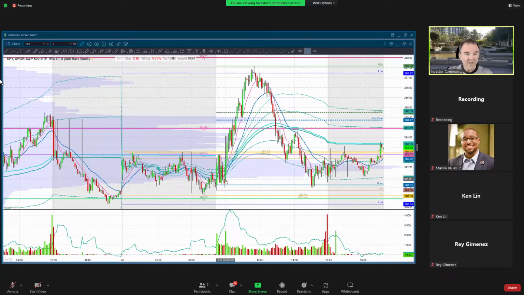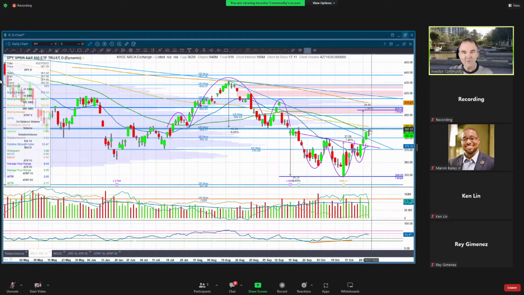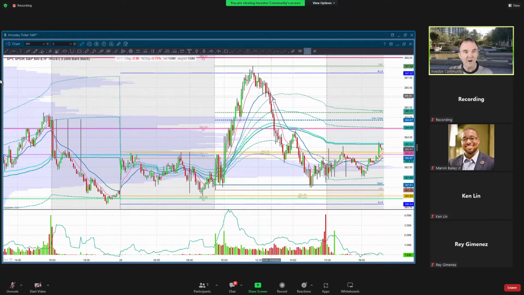Okay, so that is this big move up. Awesome, right? Now, you can see we've come right into that 388 area. If you remember that from the daily chart, that's where we're expecting to see some resistance anyway. All right, so we start pulling back from there. No big deal, right? But then we start dropping all these short-term moving averages, and we kind of just keep coming down for no apparent reason, and this is not good.